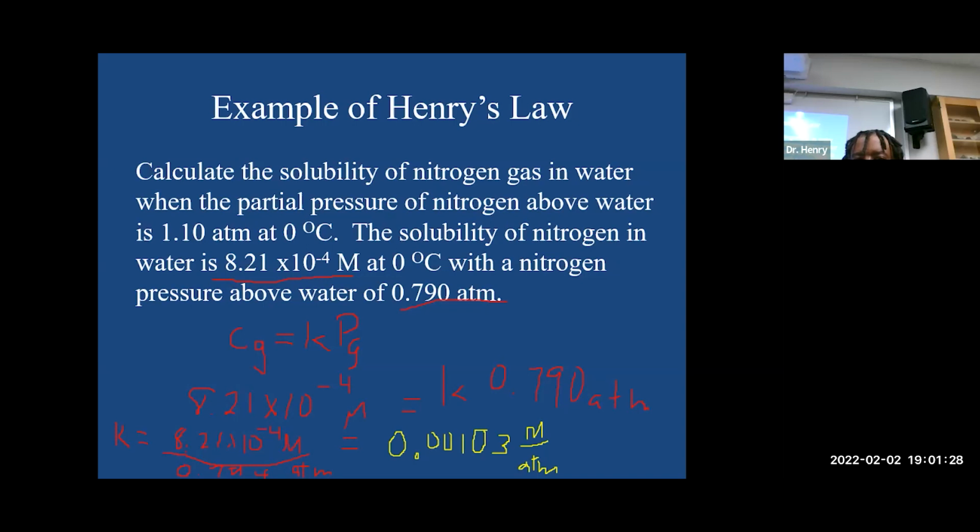So then we just use our partial pressure, this equation here, to solve for our Cg. So our Cg is going to equal 0.00103